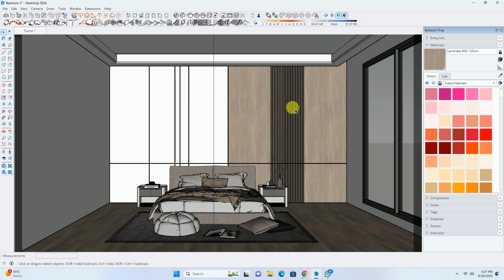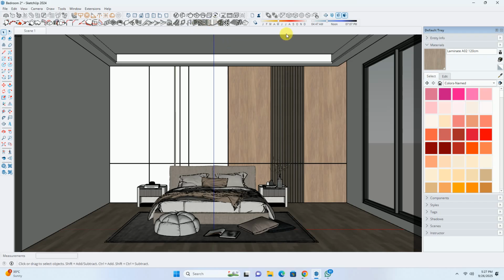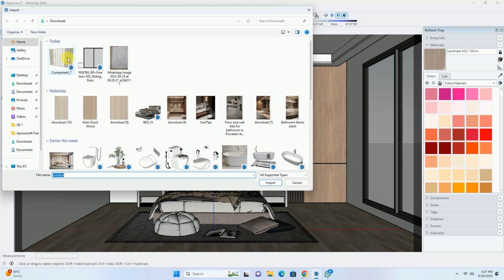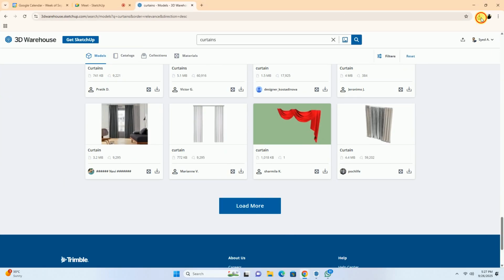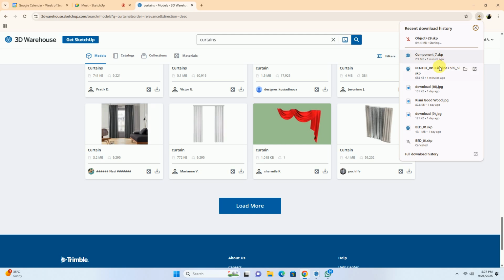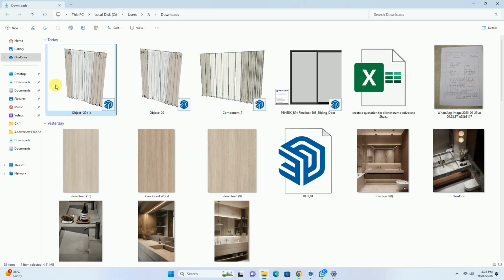Okay. We'll import it from over here. Okay, so we have downloaded this curtain.